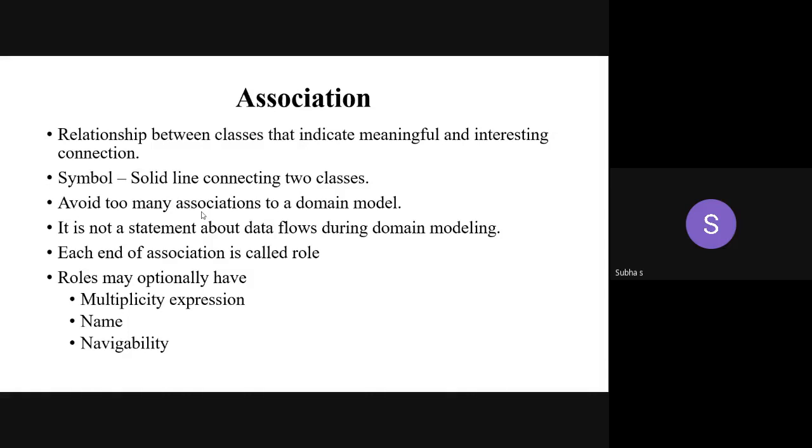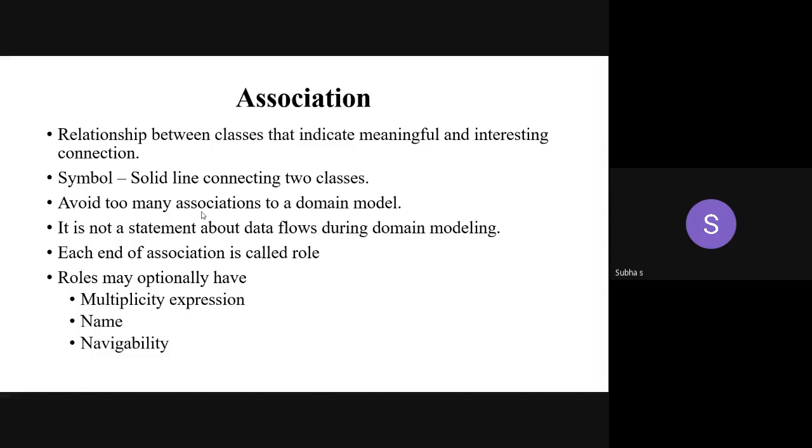Okay. Each end of an association is called what? Role. I have mentioned. The role of the person is what? Teacher. Yes, so person can be a class. At the end of the rectangle, you can make a small part and you can write what? Teacher or counselor, coordinator, like that. The person can play different roles. In that particular application, what is the role you have to mention? I'll give one example, we can look at it.